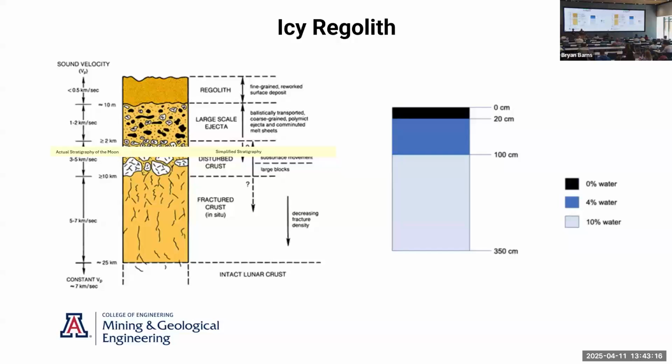We start with understanding how the icy regolith, or regolith in general, behaves, where we're looking first for the presence of water. We have had several presentations in which we became aware that there are areas of high probability of presence of water, and how this has been identified in a stratigraphic column that we have here. At the beginning, we start with powdery material, typically dry or barren, and then